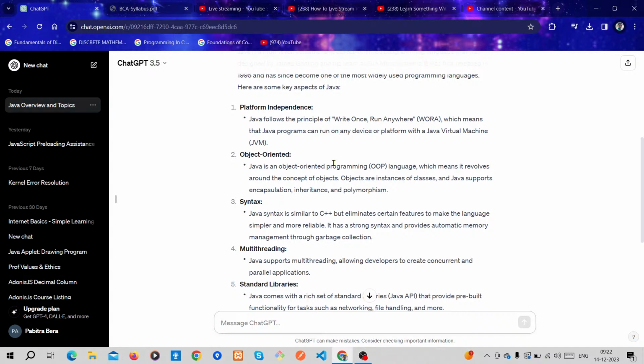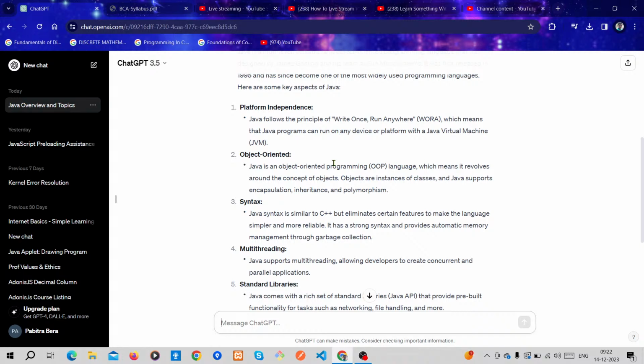Once you write code one time, then you can run it on other devices. Languages like C and JavaScript, Node.js are not platform independent, but Java is.